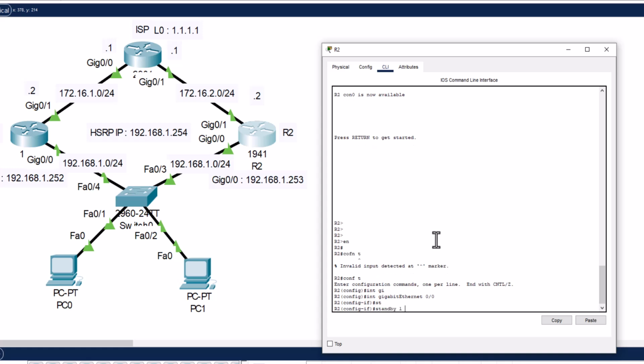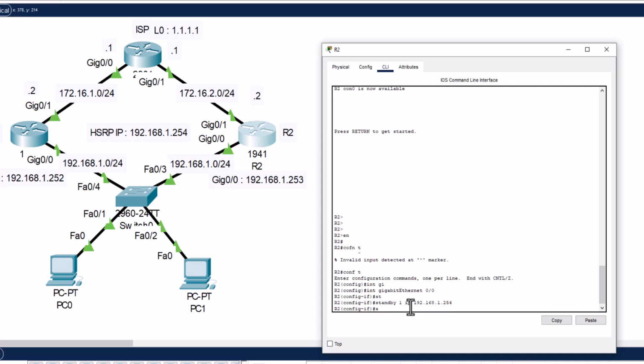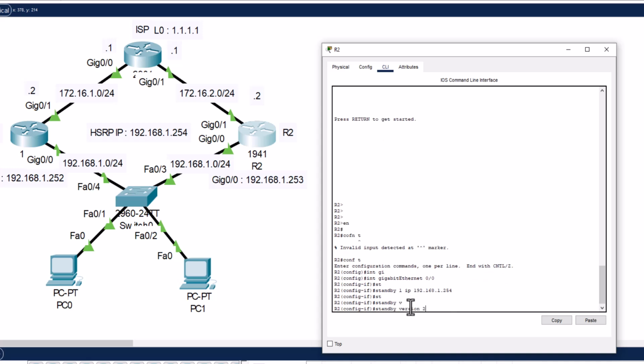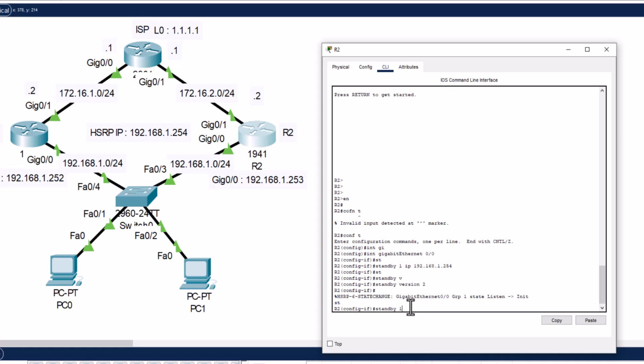Standby 1, I put a group number. This is the group number. I put the IP 192.168.1.254. Standby version 2, standby 1